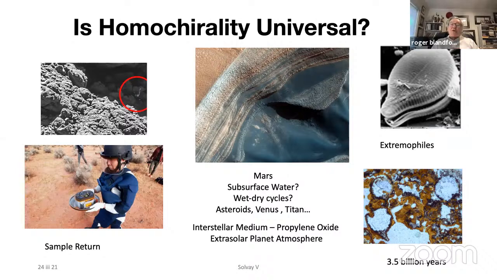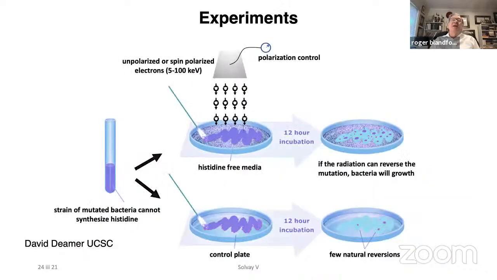So if one starts to find evidence for living substances, and the left-handed and right-handed versions are equally likely to be present, then I think one would say that it's all a matter of chance. But if it turns out that one always gets essentially the same chirality, then one has to look for some universal agent, and cosmic rays would be a very good choice. There's obviously much to be discovered there.